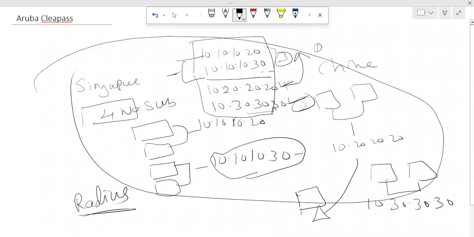But the only condition is that all the connectivity in China, Philippines and the US should be interconnected with the help of MPLS or whatever connectivity. Only then are the agents able to communicate, and the RADIUS servers also communicate with each other in the cluster. That means the connectivity should be